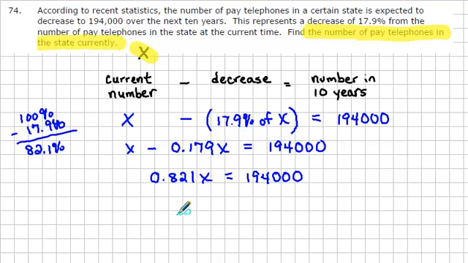All right, well, the last step in the problem is just to divide both sides by the coefficient of x, which is 0.821. So we divide both sides by 0.821. And when we do so, 194,000 divided by 0.821, we come up with